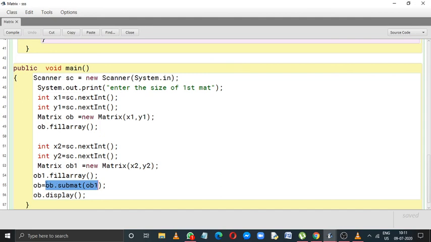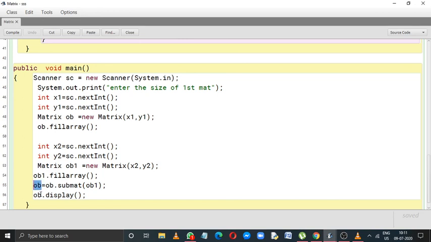If you see carefully, here I wrote ob equals to this statement. That means the returned value is going to be stored in the object ob, so the ob object's value is going to update. Initially ob contains the values of the first matrix, and after this statement ob will contain the values of the third matrix, that means the resultant matrix.